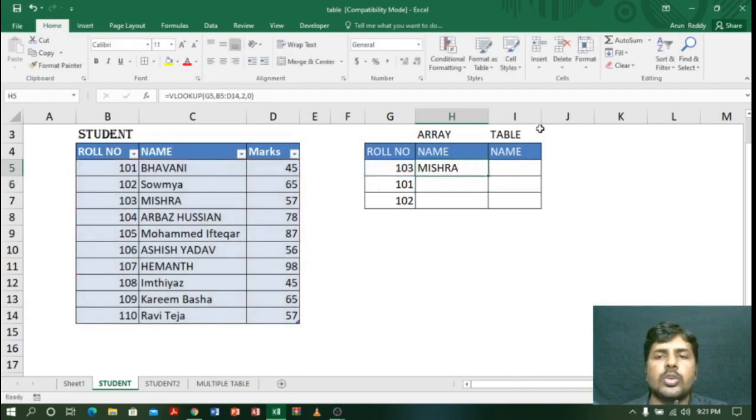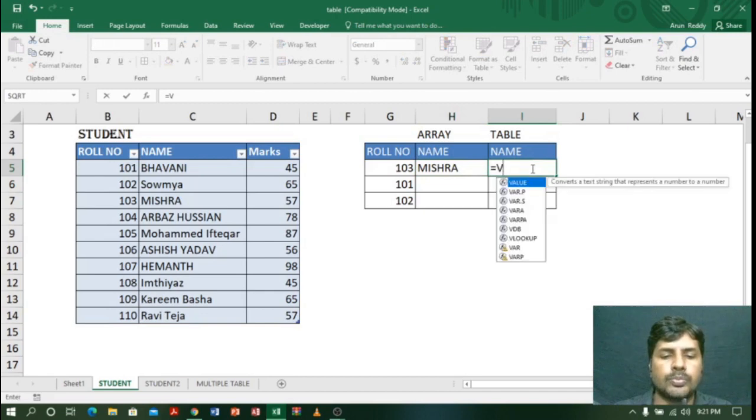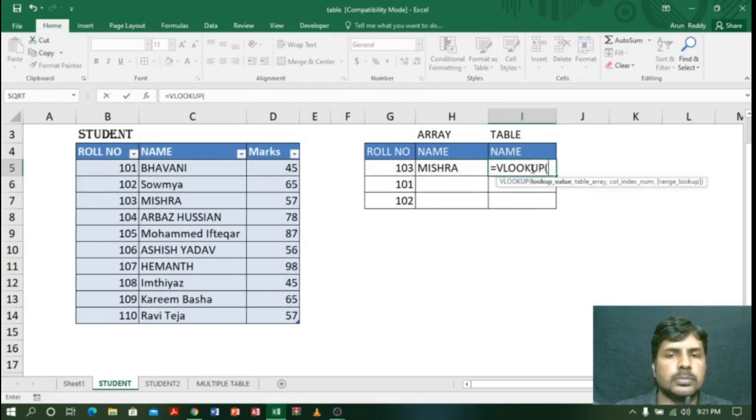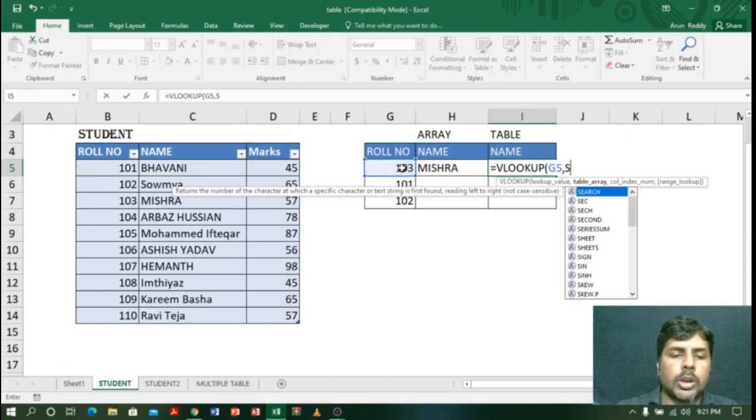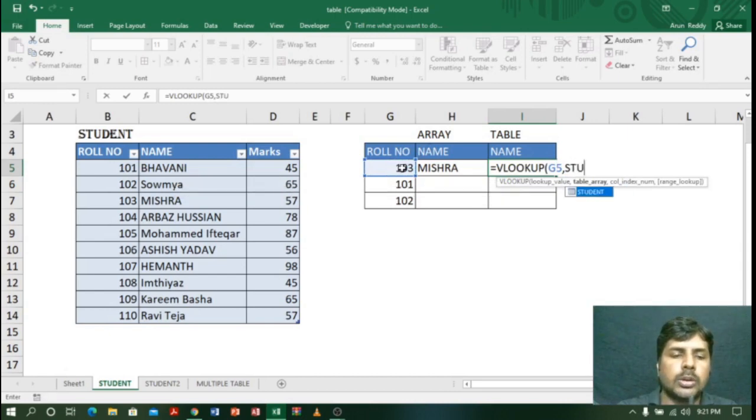So the same thing I want to do with the help of a table. Let us see how we can do it. I will type is equal to VLOOKUP, first the lookup value, comma, and this time I will simply type student. So student, comma.